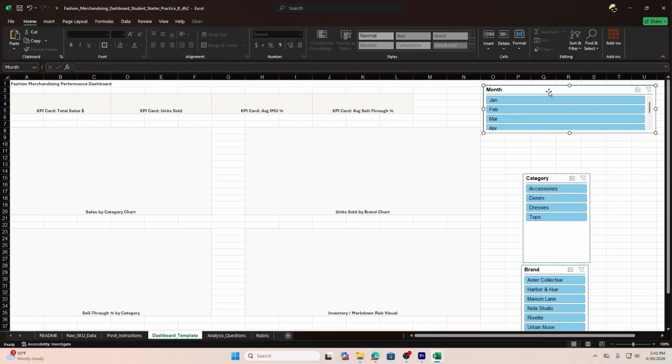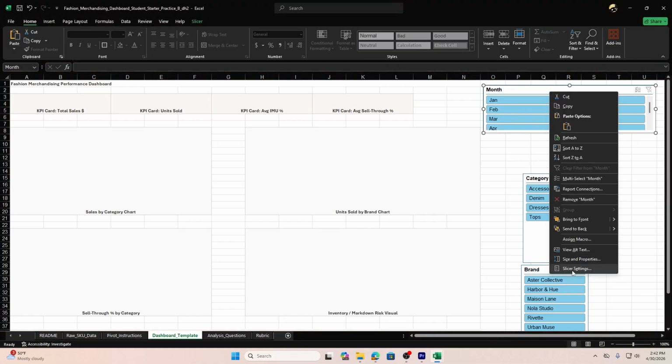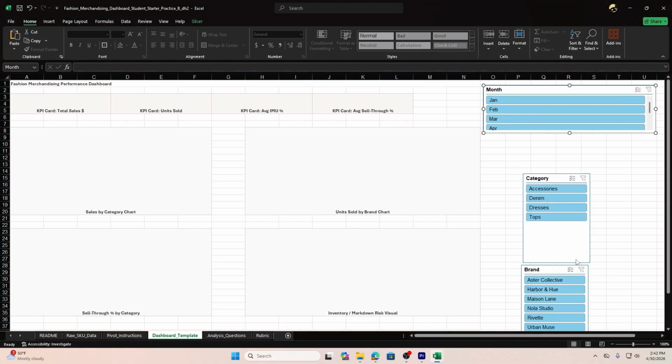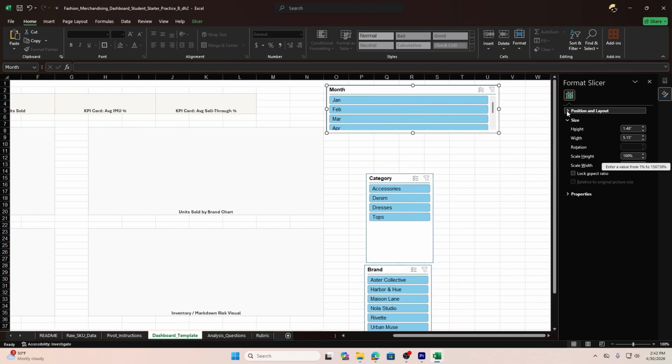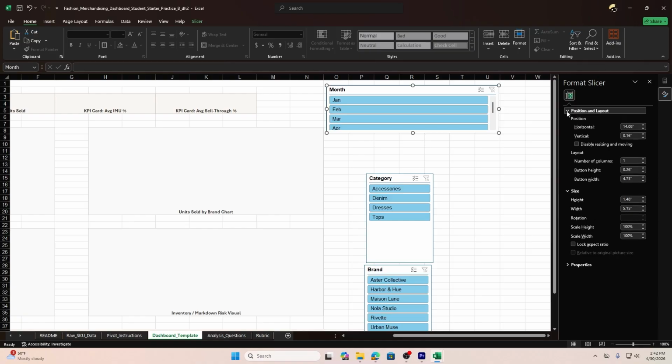So I right-click on my slicer here, go to Slicer, Size and Properties, and I'm going to go to Position and Layout, this drill down menu right here, and I'm going to increase my number of columns in my Position and Layout drop down here. I'll add 3 columns for my months. I'm going to increase my button height,